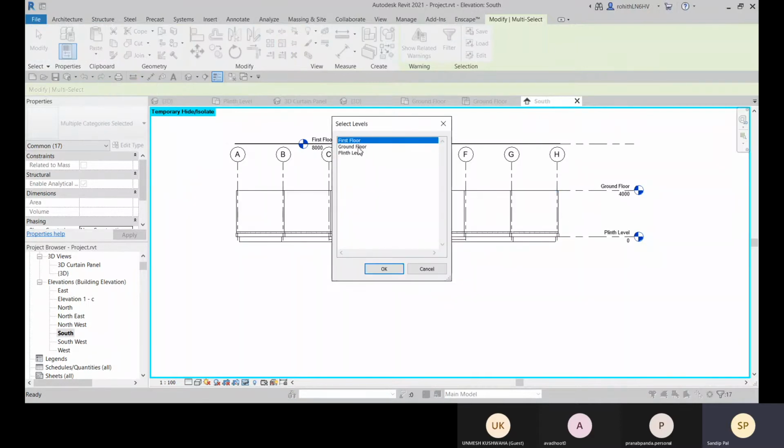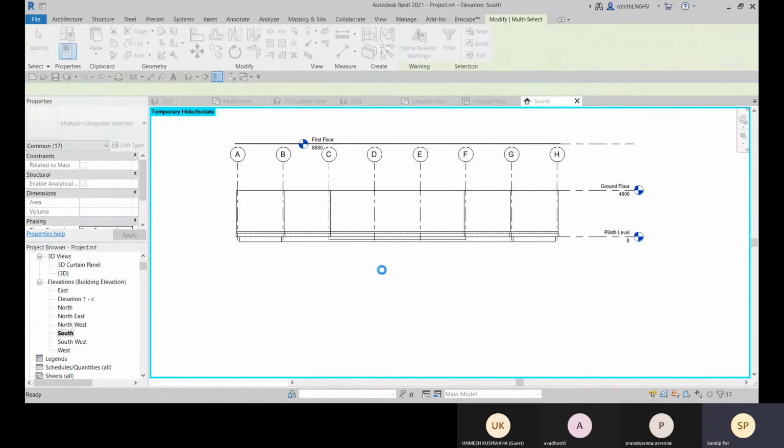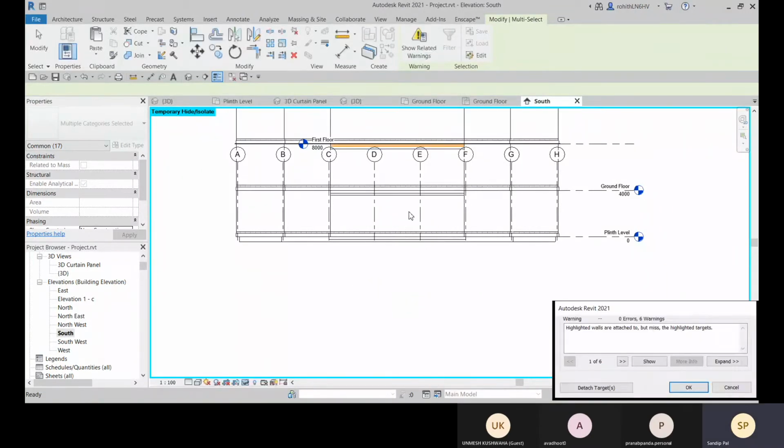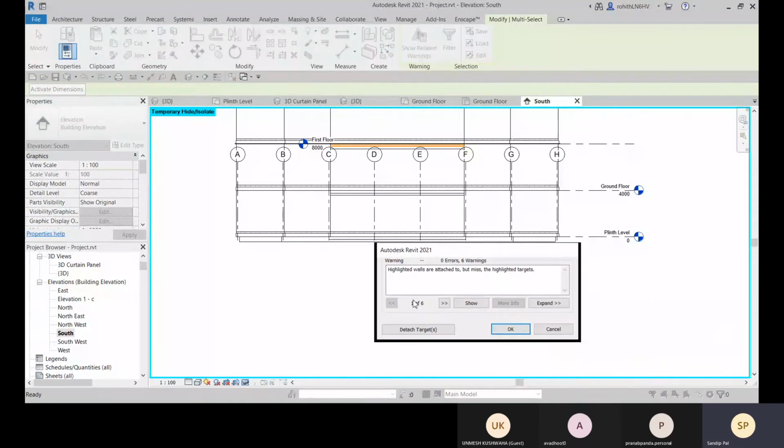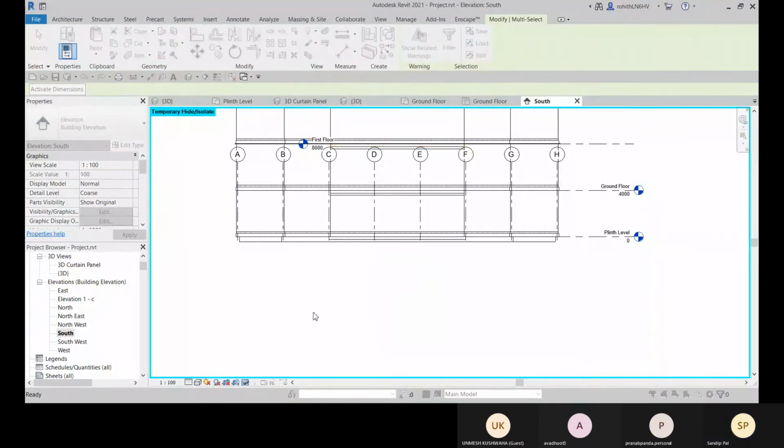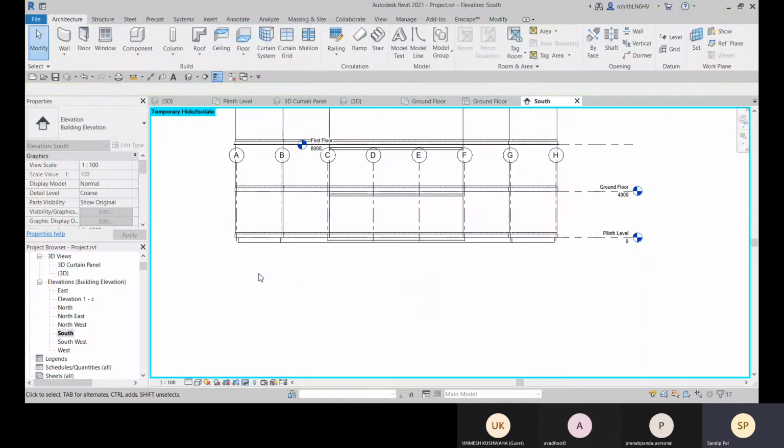You want to place on the first floor, select those two options and then click OK. Those will be copied and some are detached.